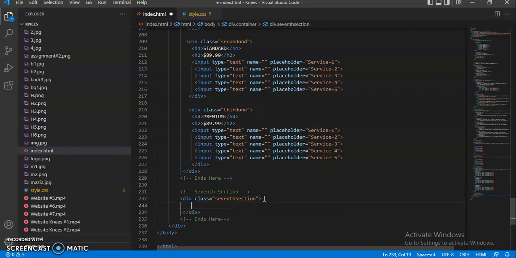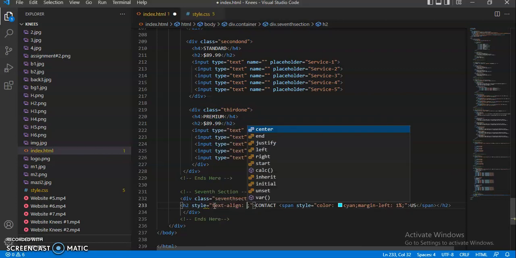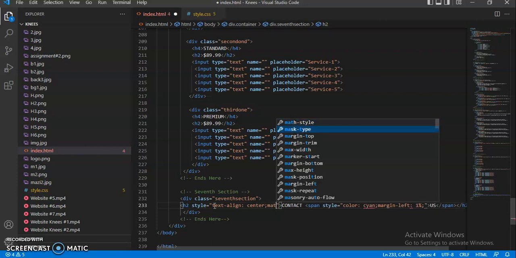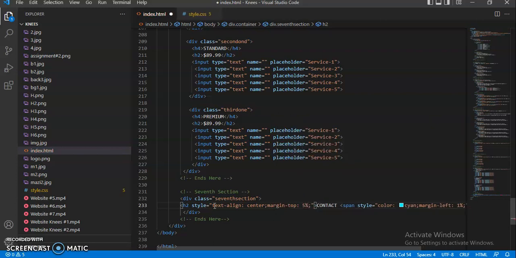Sorry. Close the div, and heading 2, contact us, and a span with style color cyan, margin left 1%, and then back to our heading styling, text align center, margin top 5%,